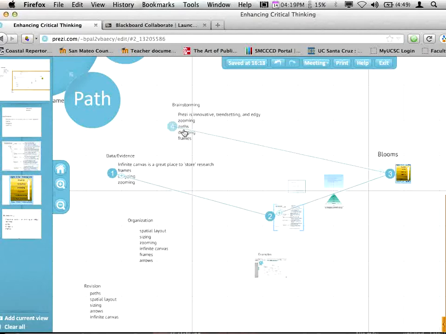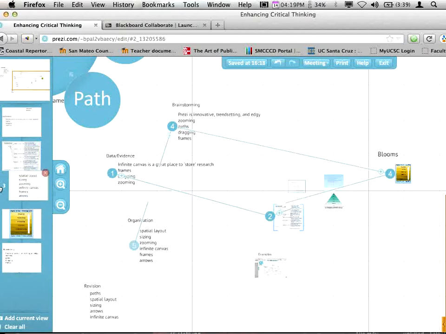And they set the paths, and then it goes in order, and they can do a little presentation saying, first I'm going to talk about this, and then I'm going to talk about this, and then I'm going to talk about this. And if I say, well, what do you think about bringing in this information? Or why did you talk about this before this? All they have to do is say, oh, what would that look like if I talked about this first? Okay? And they can see the organization of their essay.